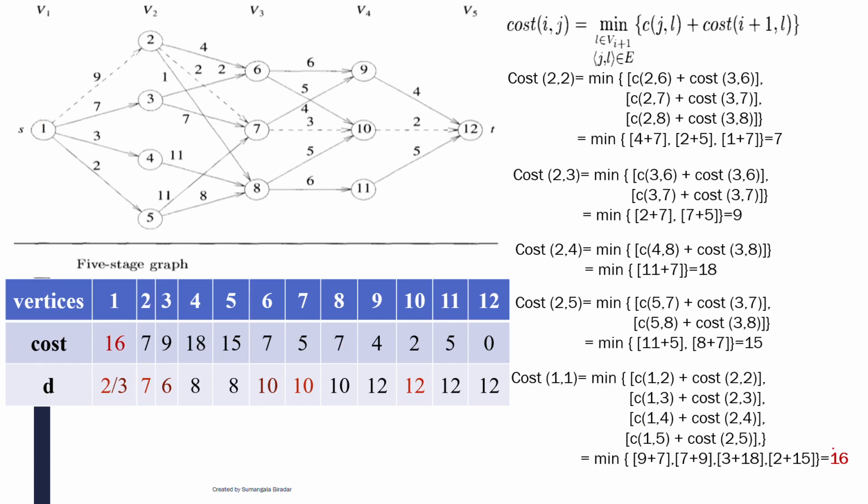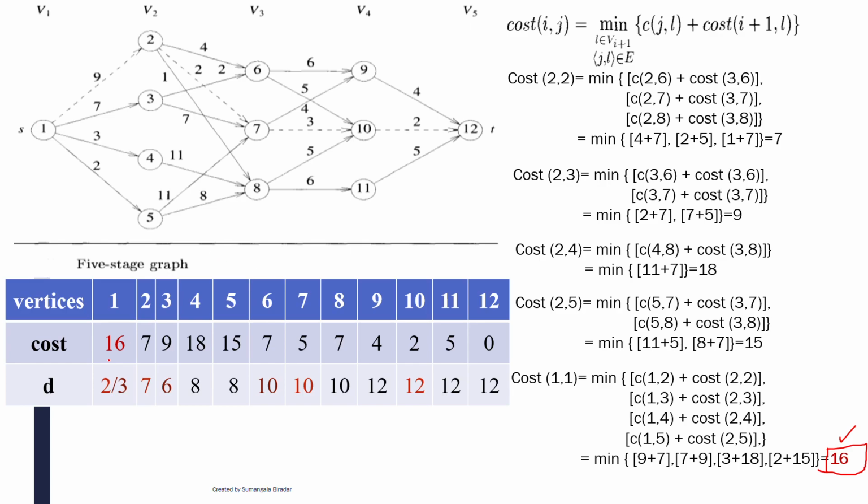Now you got the minimum shortest cost. Okay, the path, what is the minimum cost is there, that one we calculated, and that path through which adjacent vertex you are reached that particular source from sink. This T is sink, from sink to source you got the solution here. So now you may have the question, I used the word forward approach, but I started from the backward, but this is not the solution. At present I got only the cost here. Now I have to find the path. Now to get the path I have to consider from this source only, from S to T only I'll consider to get the shortest path here.